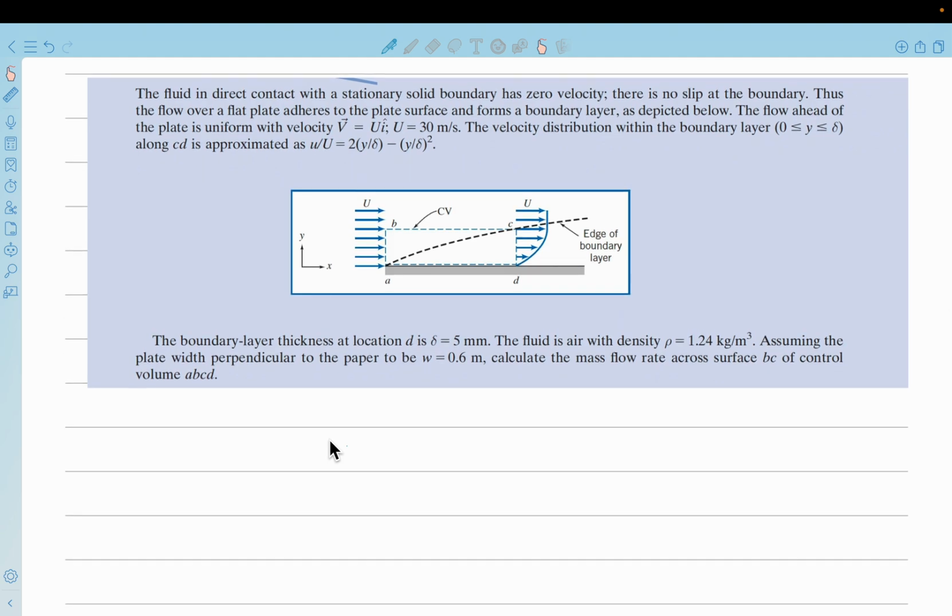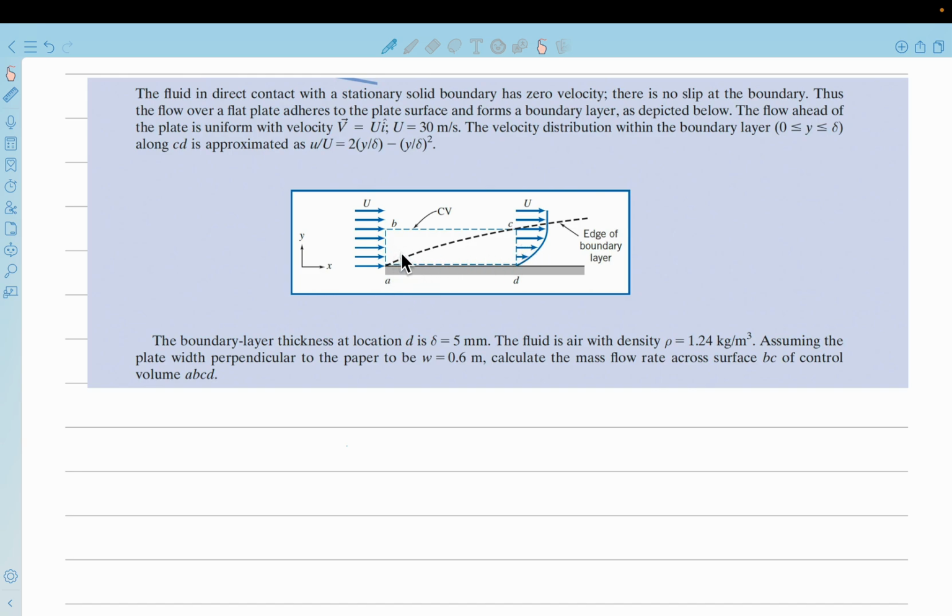Okay, so we can move on to the next question. So there is a fluid which is in direct contact with a stationary solid boundary, and see, when there is flow over a solid boundary. Let's say you have uniform flow and you keep a plate or some obstruction in between. So there will be viscosity, and because of friction between the flow and the solid boundary,